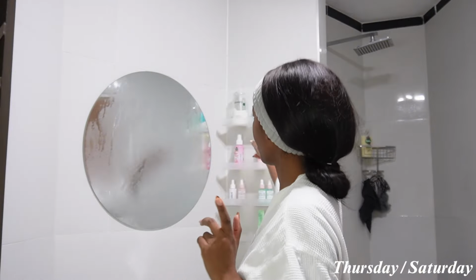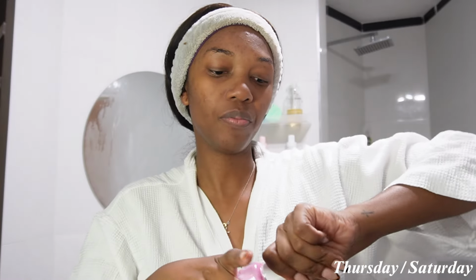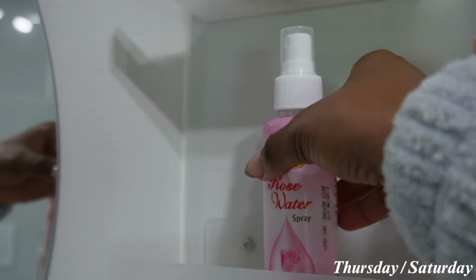So I'm gonna grab the rose water toner that I use. I just let my face air dry when I came out the shower, so I'm just gonna re-moisturize with this and just let it kind of sit and air dry a little bit. We do want to keep the skin a little dampish, you know, so we don't want to let it dry all the way, and that's because